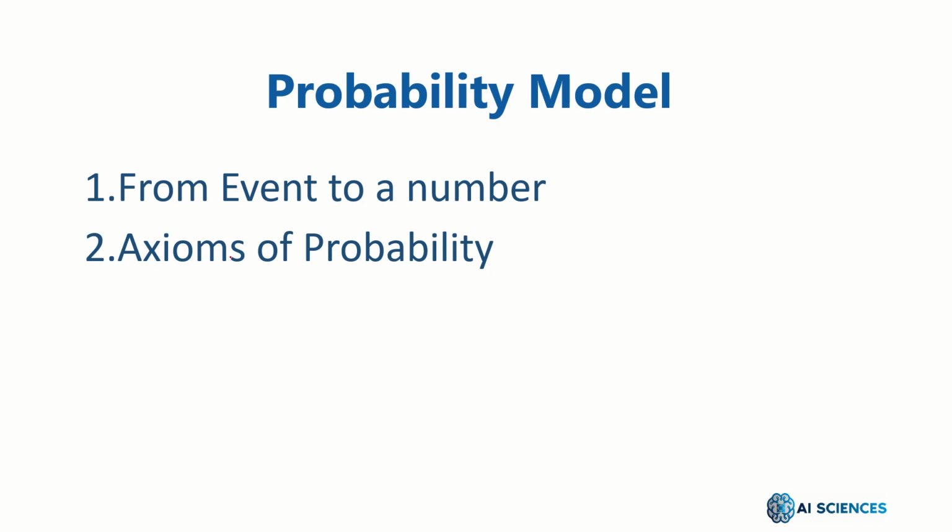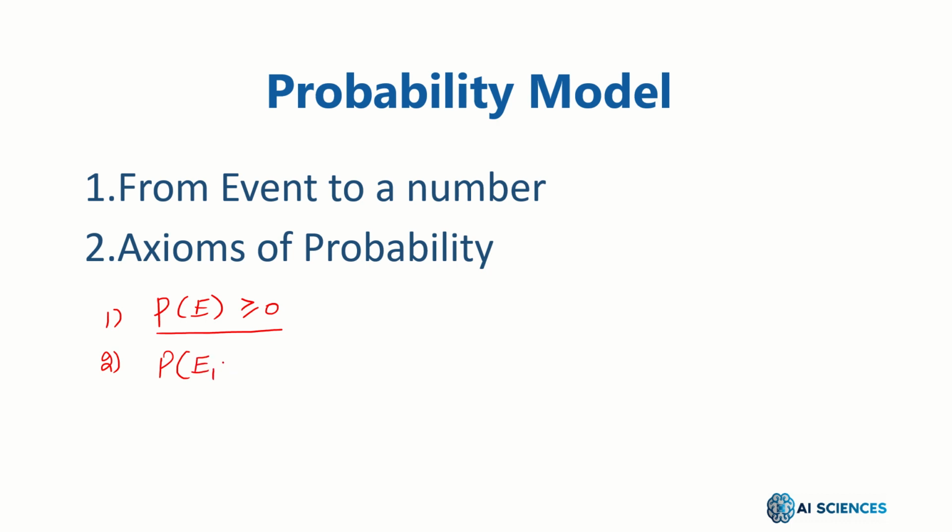Actually, the first axiom and the foremost axiom is that the probability of any event must be non-negative. That's one axiom, that's one rule. The probability you assign to any event must be non-negative. Another axiom, or the other rule, is the probability of